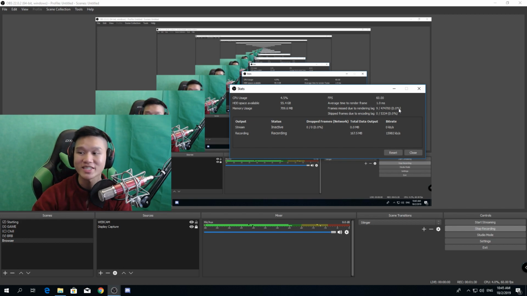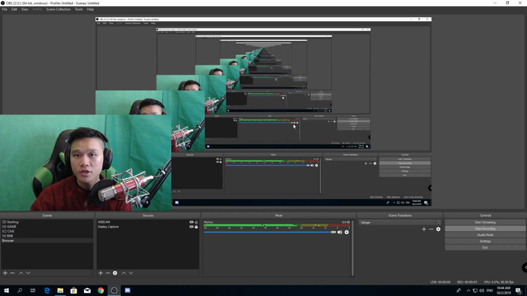You can't just translate it based on calculating how many frames, because as long as you do not see 0%, your stream is definitely lagging. Okay, mark my words on this one, it is definitely lagging. Now, in order to solve your rendering lag issues, usually it might be because your graphics card is not powerful enough. If that happens, the worst case scenario is that you probably have to get a new graphics card. Either that, or you can lower most of your in-game settings, lower your textures, lower your shadows, or basically just turn off everything, play at the lowest settings, and you might be able to still stream and play without having any